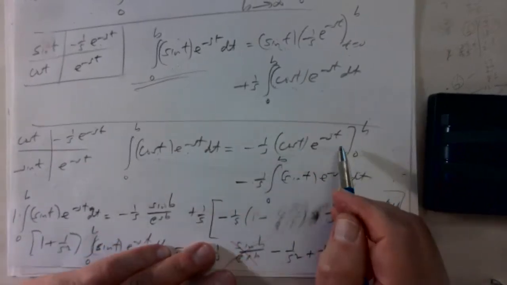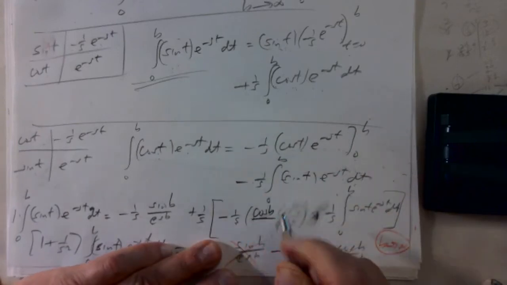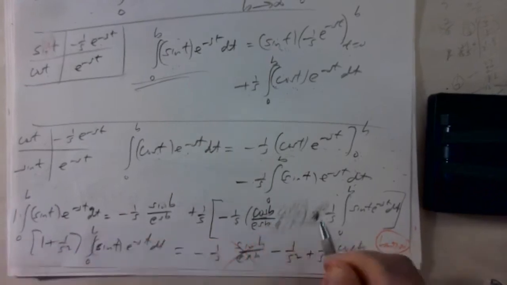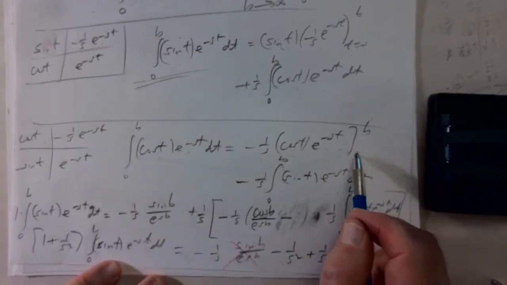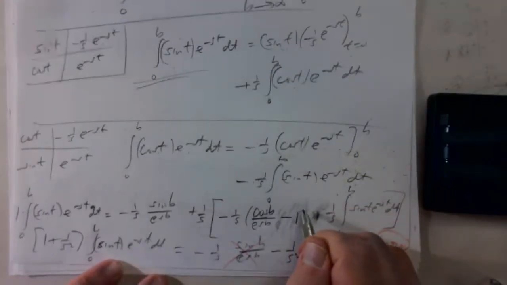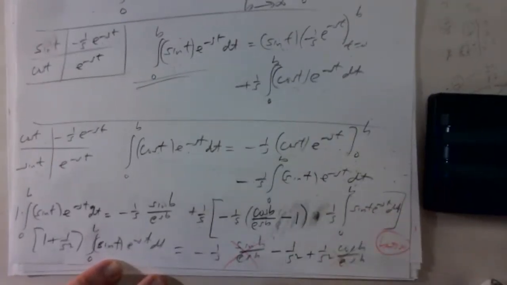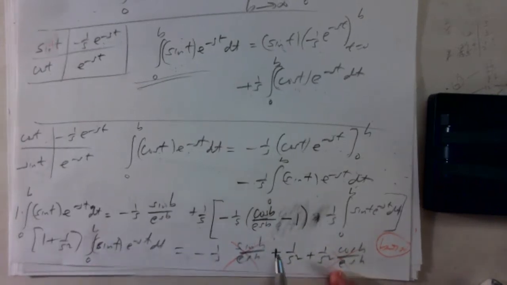So minus 1 over s. When t is equal to b, this is cosine b over e to the sb minus what I get when t is equal to 0, which is 1, which makes this minus 1 over s times minus 1 makes this a plus. That was the only mistake that was here. Okay, so